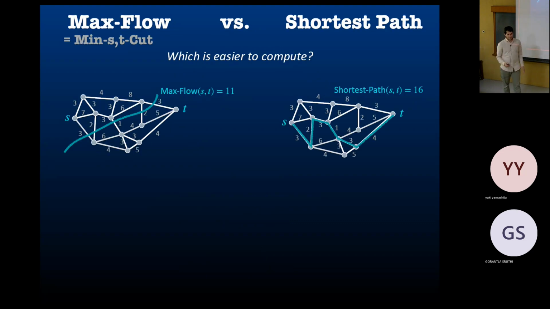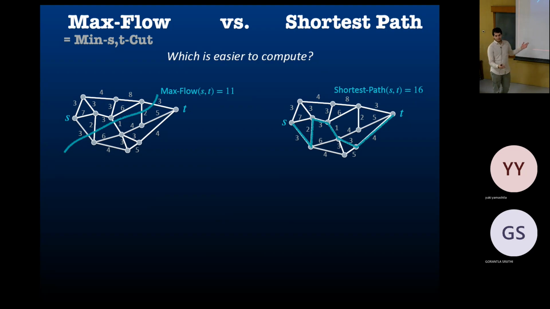So all pairs max flow. Those of you who are here heard about this new result that we have for this problem. So you can think, okay, how does this relate to APSP and so on? Because the intuition a lot of people have is that max flow should be harder than shortest path. And we are saying that all pairs shortest path is a hard problem. Then Debmalya showed you that all pairs max flow can be solved very easily. So what's going on?